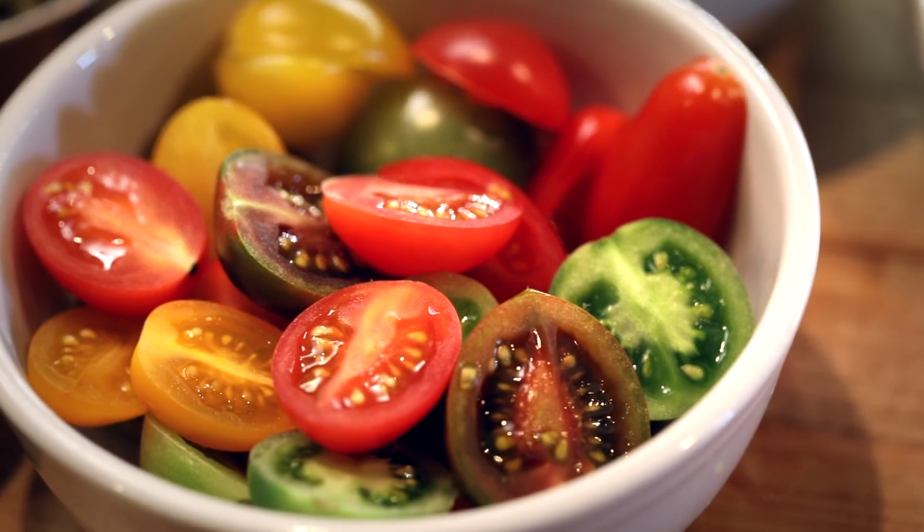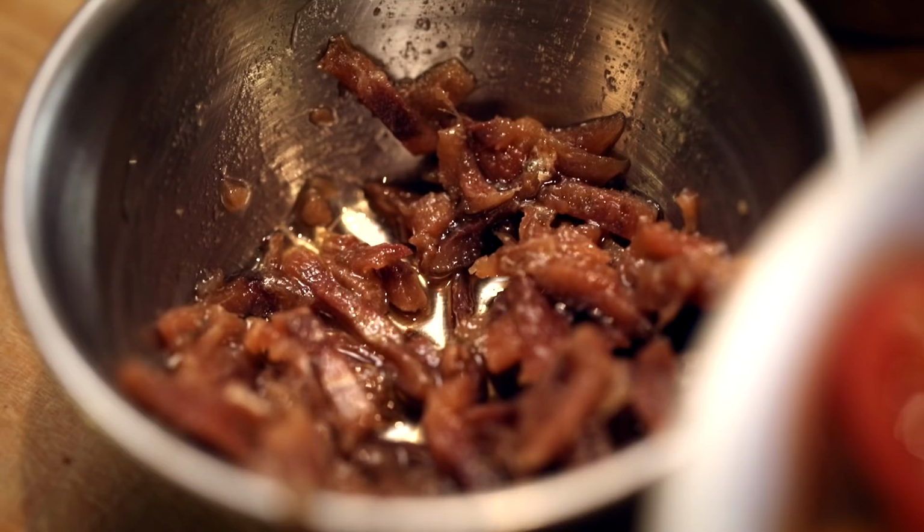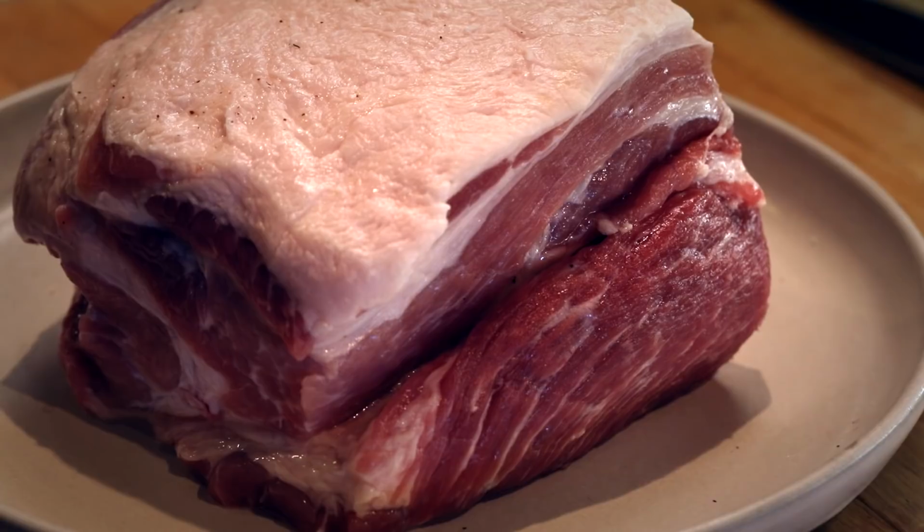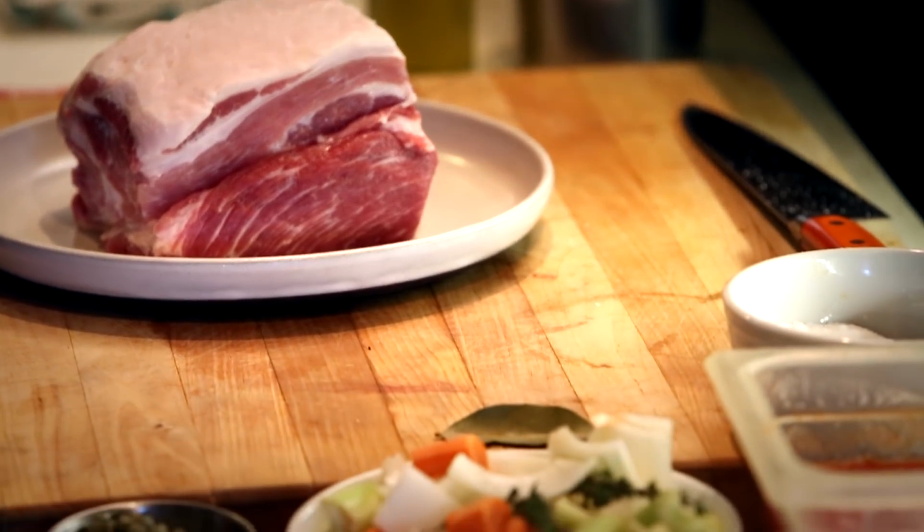The dish I'm making today is a pork shoulder Puttanesca. Puttanesca is very Mediterranean. You're gonna think about tomatoes, olives, anchovies, capers. For this recipe, we're gonna use the pork shoulder. The pork shoulder is amazing for this recipe because it's super tender, goes well with all the ingredients that it's